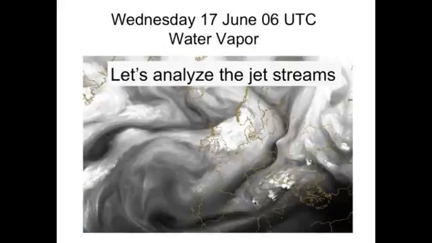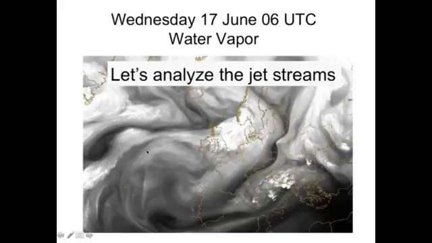Okay, let's go ahead. Again, very simple things. This is the water vapor image, same time, today 6:50 UTC, and I usually like water vapor images because they can help us identify the jet streams, jet streaks. So usually the core of the jet stream is located at the border between the very dark areas, the very dry areas,